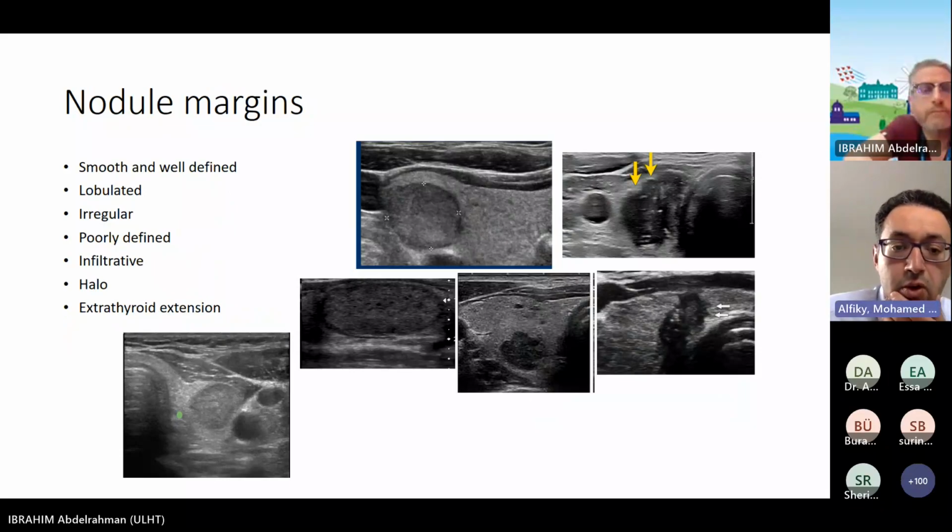Then the nodule margin, and you can see different margins. So the first top one on the left, where you can see small x's on the margin, has a well-defined margin, which is reassuring. Then the one with the yellow arrows next to this has a lobulated margin, and this is a sign of